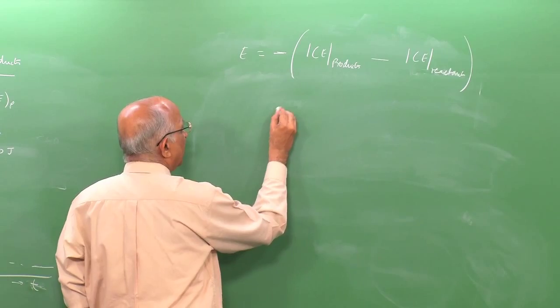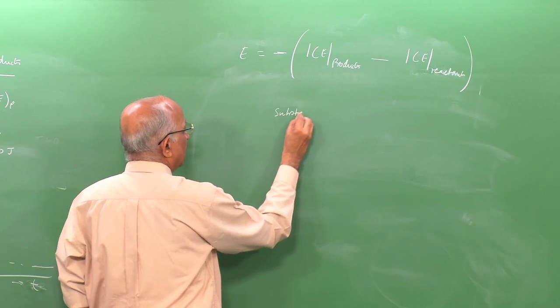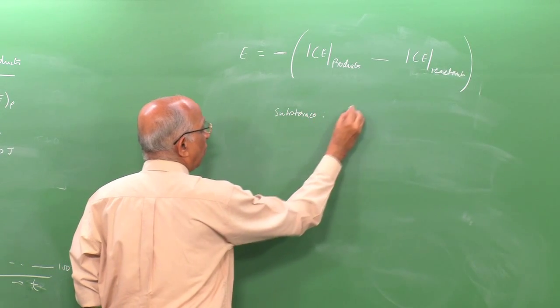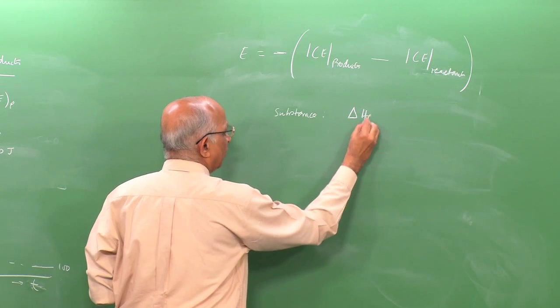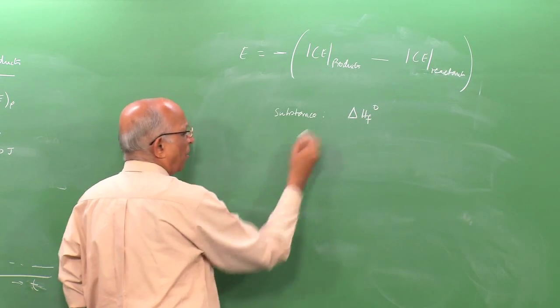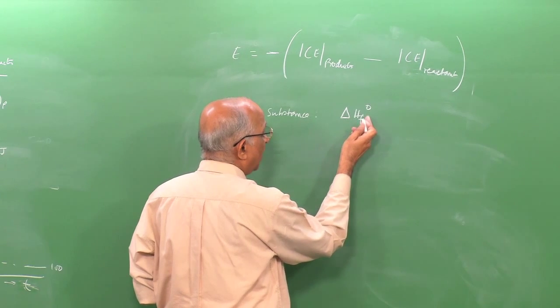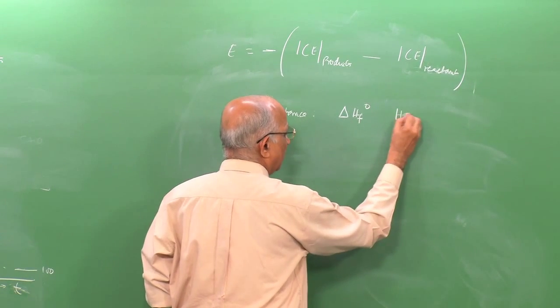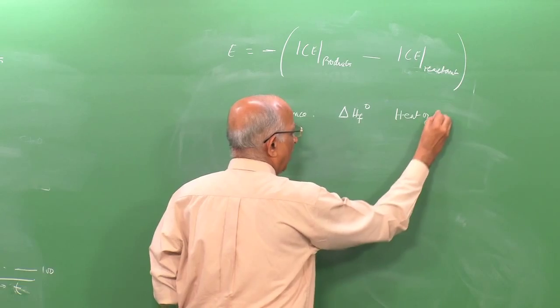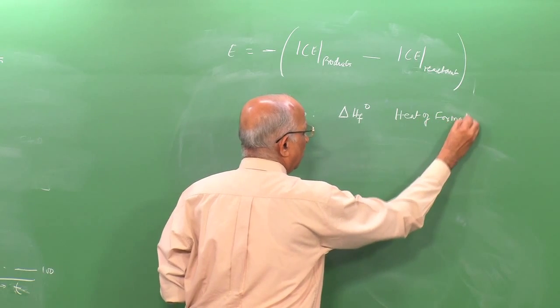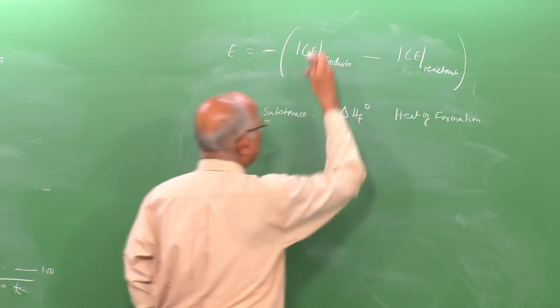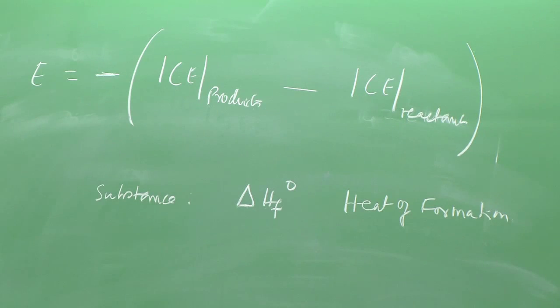Therefore, a substance is characterized in terms of heat of formation. I call this delta enthalpy of formation at some condition, the heat of formation. And how do I define it? I say heat of formation of a substance